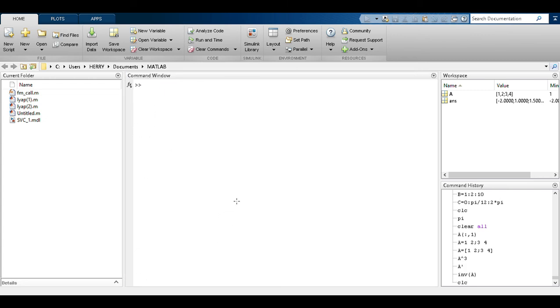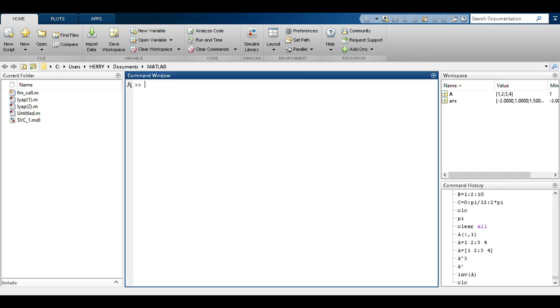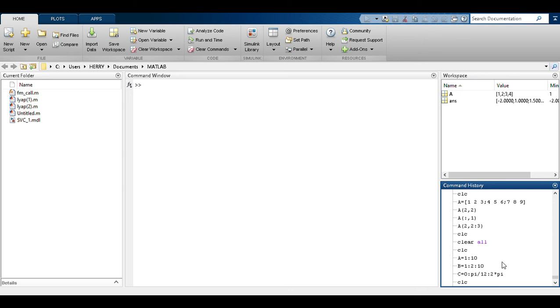So that is your first experiment, which is nothing but manipulation of matrices, as far as matrix operations in MATLAB are concerned. It is only the introductory point where you deal with your command window, your workspace and command history. All the commands that we have run today are stored here.